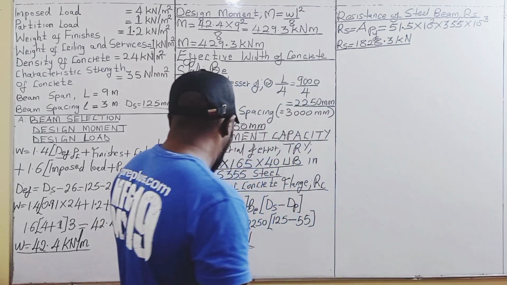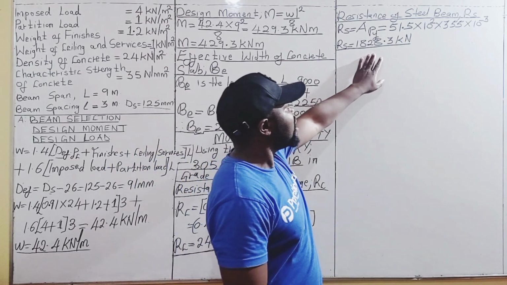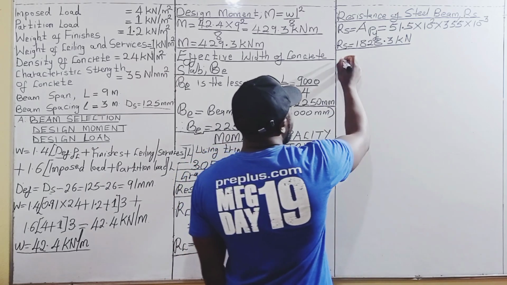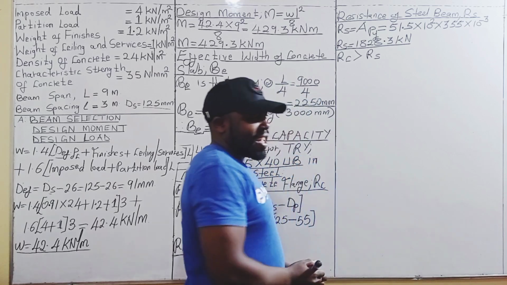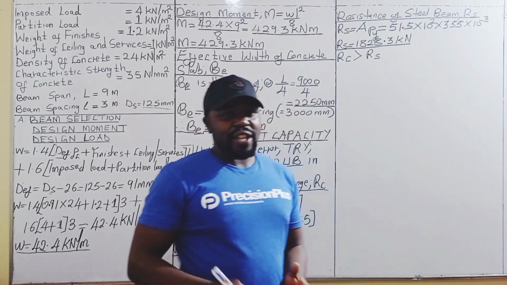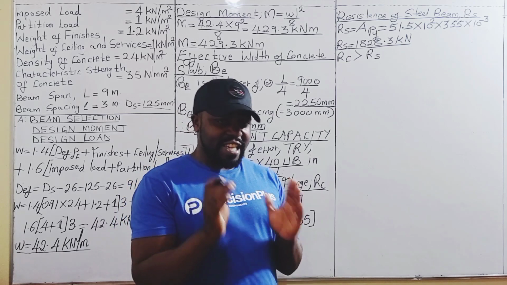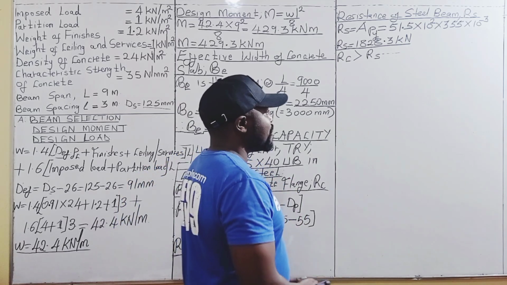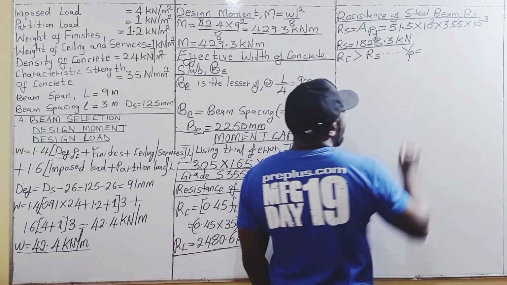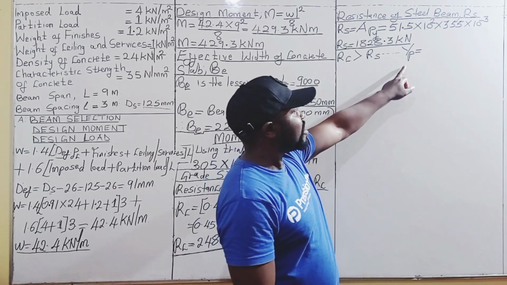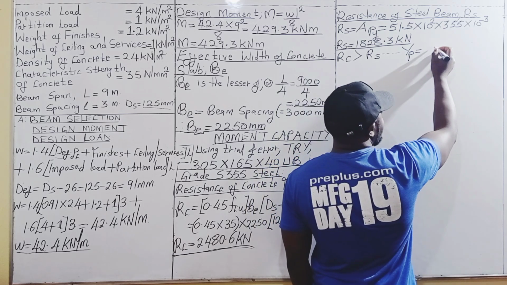So when we compare RC, which is 2480.6, and RS, which is 1828.3 kilonewtons, we find that RC is greater than RS. And that means that the plastic neutral axis will lie within the slab. We can prove that by determining the depth of the plastic neutral axis, YP, using this formula. YP, which is the depth of the neutral axis, is given by